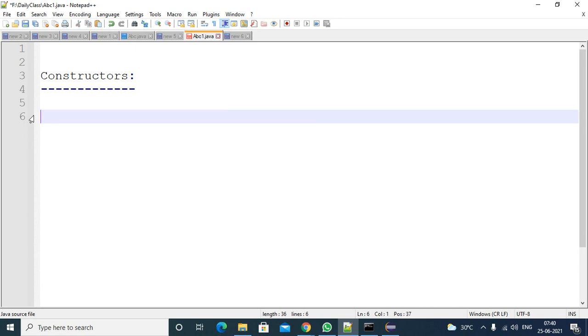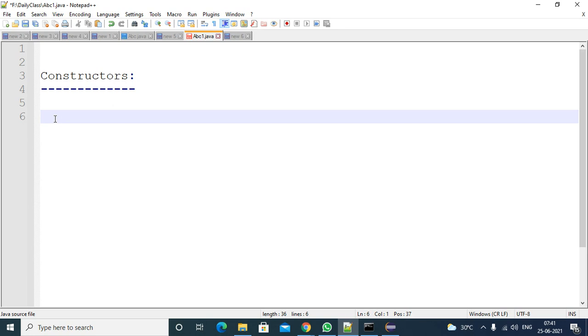Maybe I discussed this one also. A constructor is a method, but some specialty is there. So what is the specialty? It contains the class name as a method name, and it does not return anything.